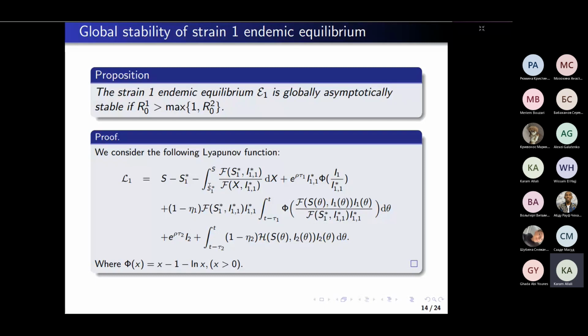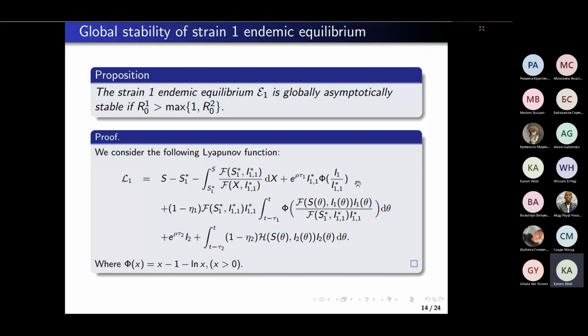And if we take the derivative, here we have phi(x) equal to x minus 1 minus ln x. This function is positive, because the logarithmic function is below the curve x minus 1. And we take the derivative of this Lyapunov function, and we see it's negative, so it means that